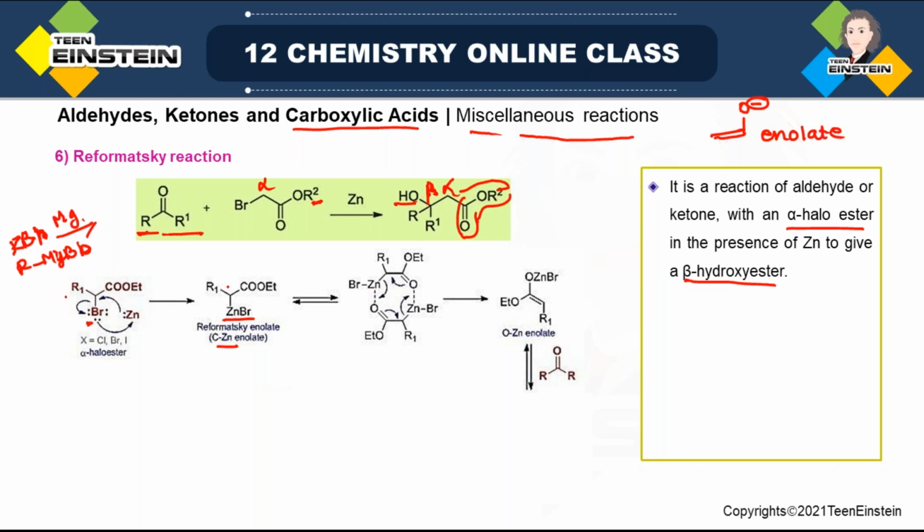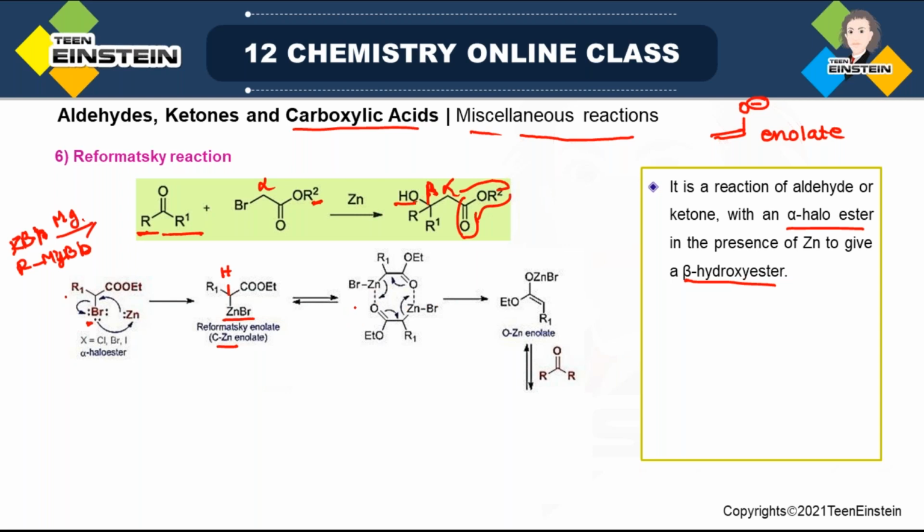Now here, if we replace this, that is if we consider this hydrogen, which is alpha with respect to carbonyl group of CO2Et. Fine. So here enolization is possible. Now when enolization is possible, that means as ZnBr is also there, so we are calling it carbon Zn enolate. Fine. Now